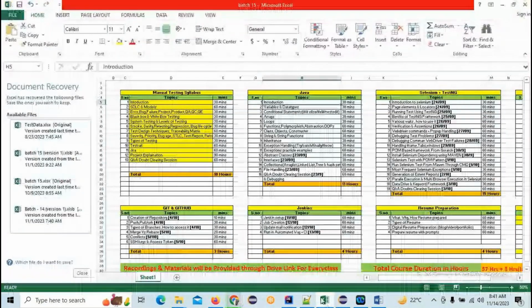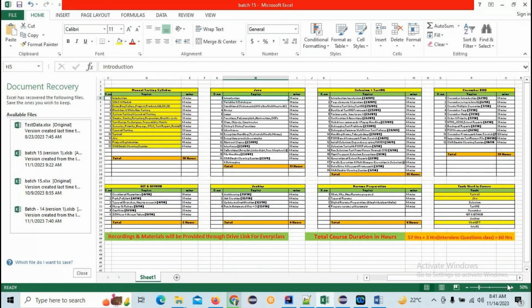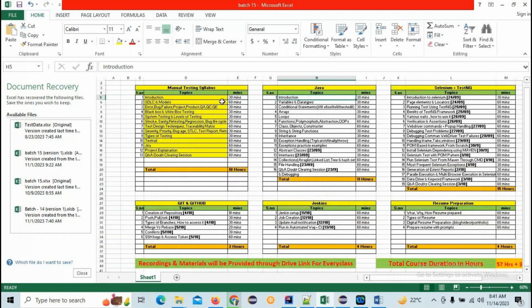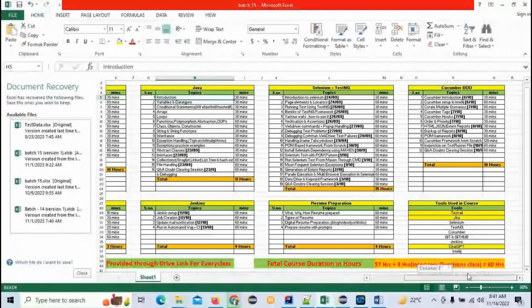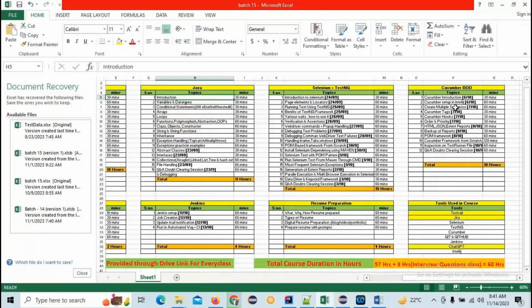These are some of the modules you are going to learn in automation. Initially we are done with the manual testing course. This module was completed yesterday. Next we are going to see Java, and after a few classes in Java we are going to see resume preparation. After resume preparation, we continue with Java and move to Selenium with TestNG. Once Selenium with TestNG is started, we are going to see Git and GitHub Actions, and then